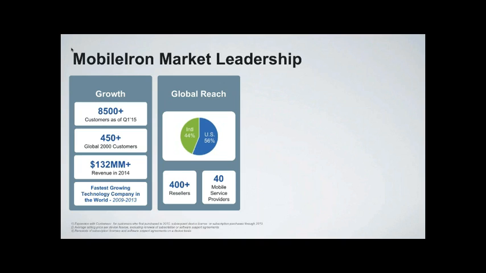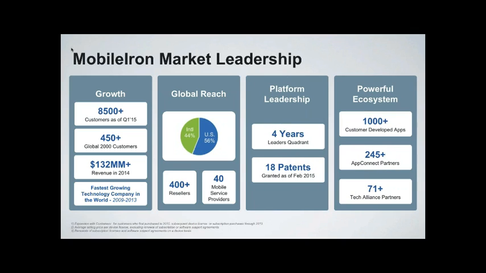We are a reseller-only business, and that's very important to state. We only work through partners. We don't deal directly with customers, and we are very supportive of our partners like Bytes. We also work with a number of mobile service providers. If you look at the UK, we have total coverage in the UK market across all the networks, as well as many MVNOs linked to those networks. So we have a very strong carrier presence within the UK and Ireland.